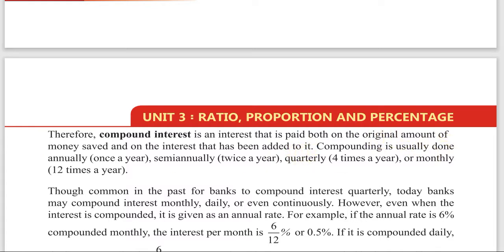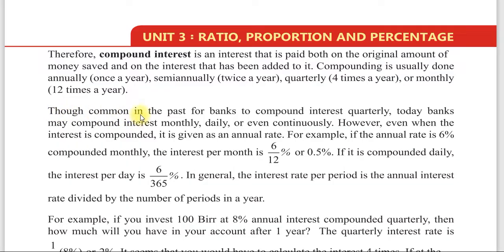Compounding is usually done annually or once a year, semi-annually twice a year, quarterly 4 times a year, or monthly 12 times a year. ስለዚህ ኮምፓውንድ ኢንተረስት ከሲምፕል ኢንተረስት የሚለይበት በምን ነው የሚለውን ሞር ኤግዛምፕል ስናይ ነው ክሊር የሚሆነው። ያ ማለት የሆነ ወለዱ ራሱ የሚወልድበት አሰራር ማለት ነው። አሁን ሲምፕል አንድ ጊዜ ነው ወለዱ የሚሰራው፣ በኮምፓውንድ ጊዜ ግን አንድ ጊዜ ብቻ አይደለም።